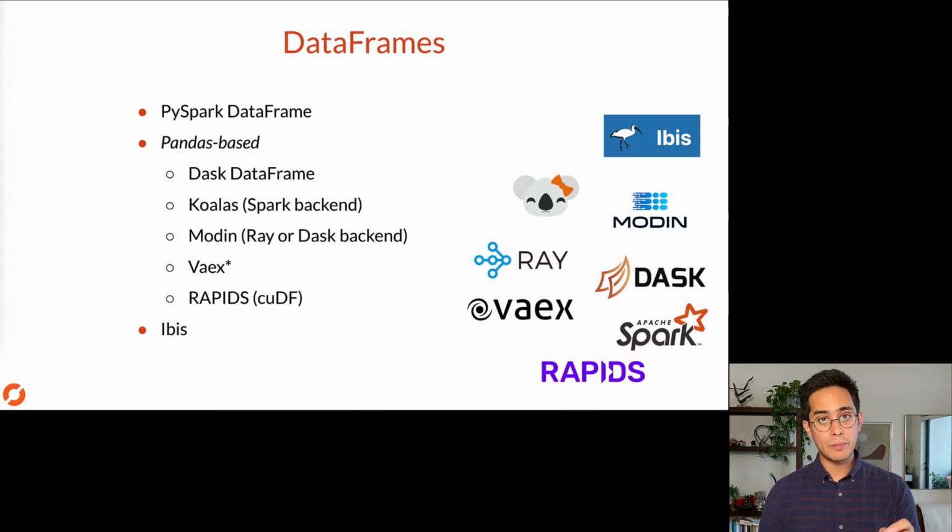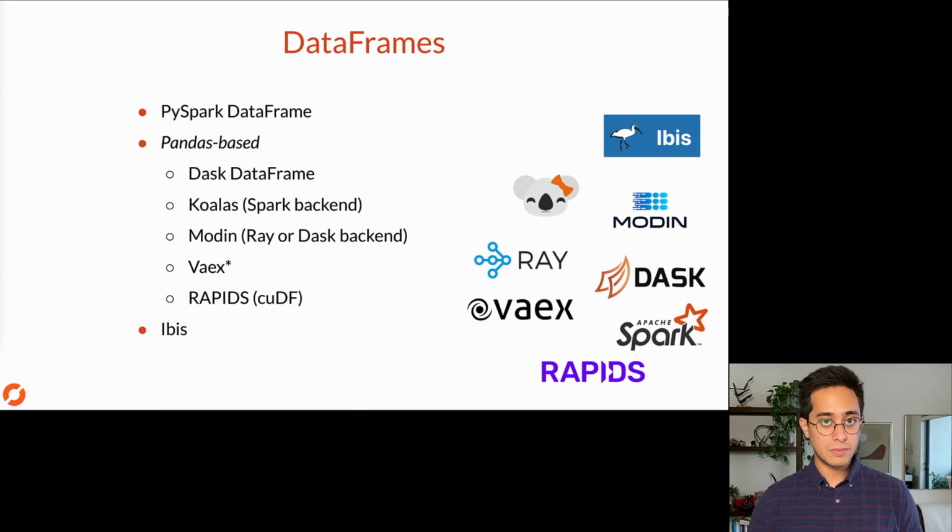Vaex here is an honorable mention. I have an asterisk because it's not a parallel computing tool. It's an out-of-core data frame tool. But people mention it a lot when they're talking about accelerating data frames. So Vaex is a way for you to analyze data sets that are larger than fit into memory on your laptop or single machine, but it's not a parallel processing tool. And then RAPIDS comes in for the GPU accelerated data frames, and then you can parallelize that with the native Dask integration and get a lot of speed ups.